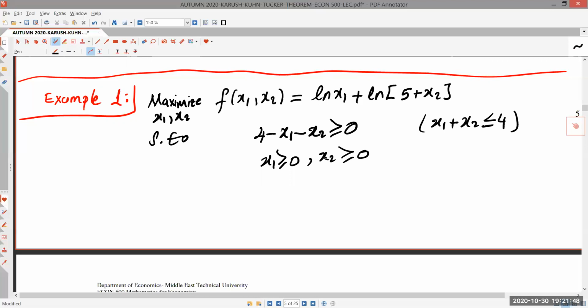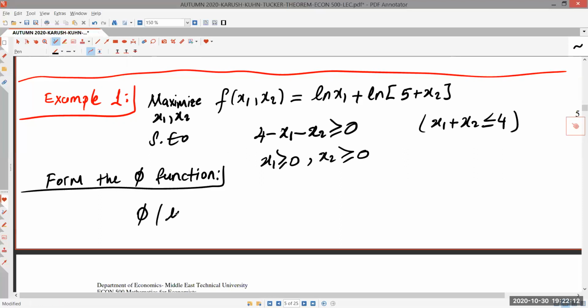So I would apply this Kuhn-Tucker theorem here to develop a solution, and I would first write the phi function, form the phi function, okay, and then let us look at them. Since there is one constraint here,